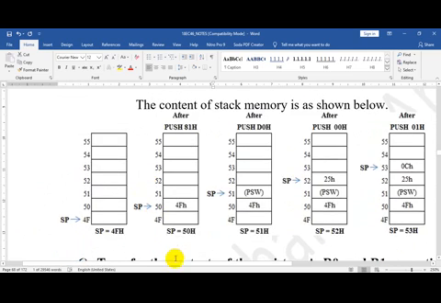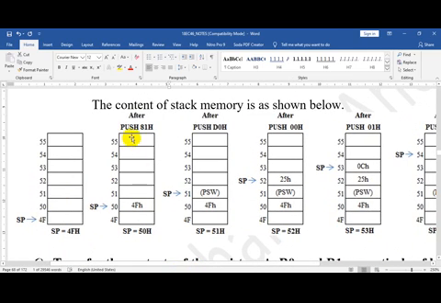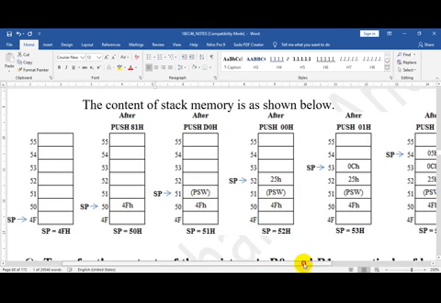After the first push instruction, that is push 81H, the stack pointer is incremented by 1 and the contents of the stack pointer are saved. After push D0H, the stack pointer is incremented by 1 and the contents of PSW are saved.